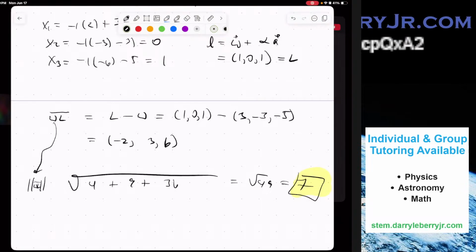So technically, if I add this to W, I get L. This is from WL. So I subtract W. So if I add this to W, I get L. Then I take the magnitude of that line and it matches the distance from W to the plane. So that's fine. So why don't we jump to